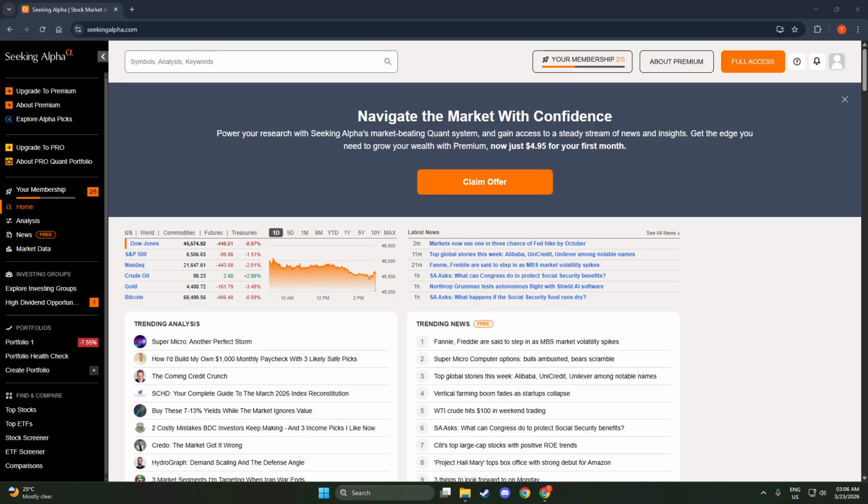First, search a stock ticker in the search bar. On the home page, the search bar is prominent at the top. Type the short ticker symbol, for example AAPL for Apple, or the company's full name, and then choose the correct